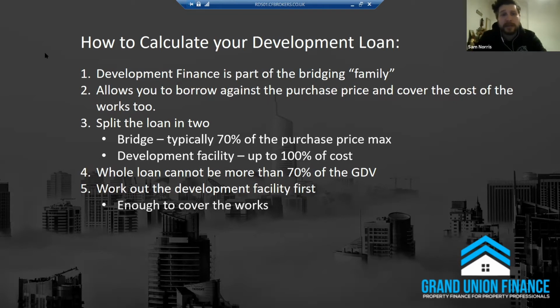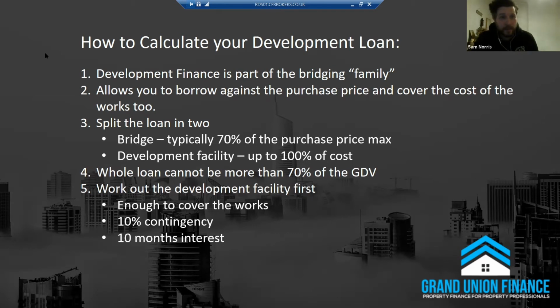And how we break this down is the development facility will be made up of enough money to cover the cost of the works, a 10% contingency typically, 10 months worth of interest on average. If we're looking at an 18-month term, the lender will work out around 10 months worth of interest, because this is usually more than enough when you work out when you're going to start actually paying interest on potentially 3 or 4 tranches of funding. Overall, roughly what it's going to equate to, it will probably come in slightly less than that, but they would much rather you be covered, hence the 10% contingency as well,